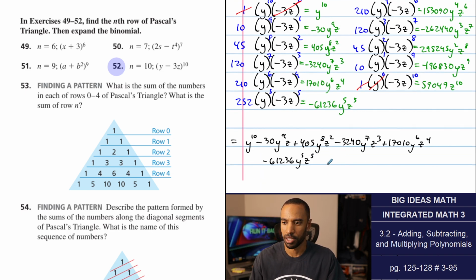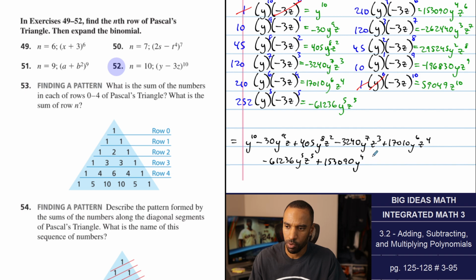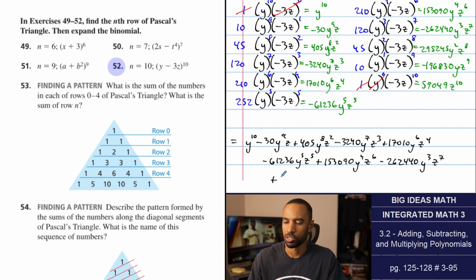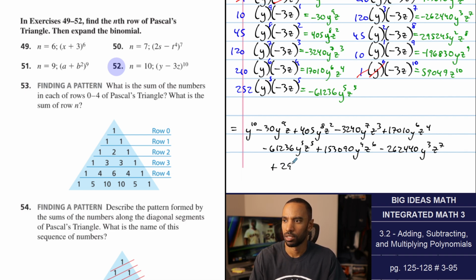I want to see this on an answer key. Plus 15309y to the 4th z to the 6th minus 262440y cubed z to the 7th plus 295